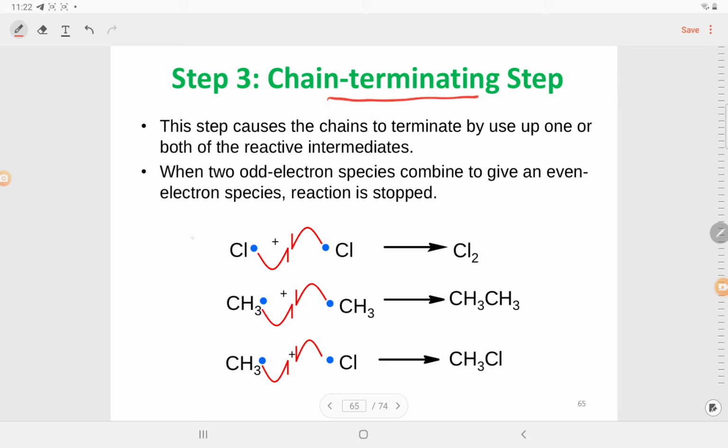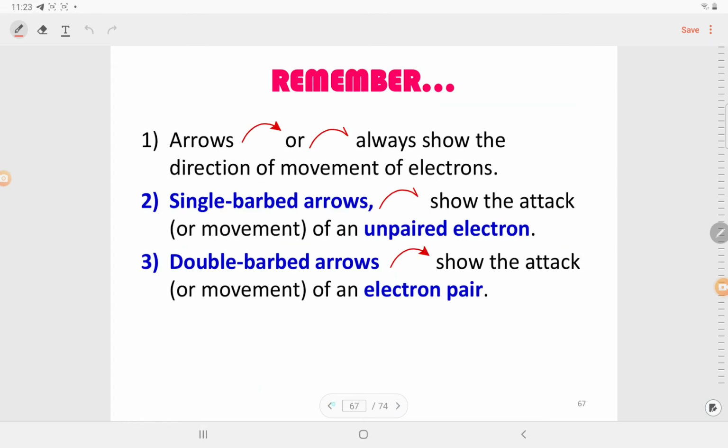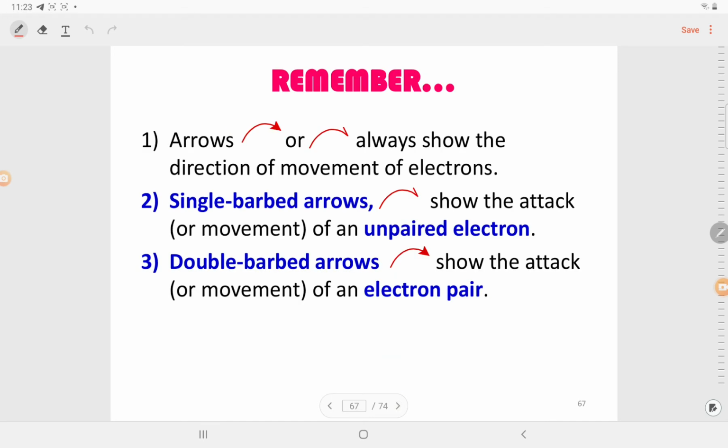the termination step. The termination step consists of three parts. First, you must combine all the reactive free radical species together. The first is between chlorine free radicals, which combine to form a chlorine-chlorine covalent bond. Second, between carbon free radicals to produce an ethane, and the next part, probably, a carbon free radical with a chlorine free radical to produce the haloalkane. If this continuously occurs, we can replace all the hydrogen atoms inside the alkane to produce CCl4.